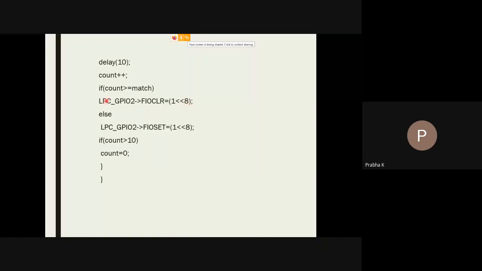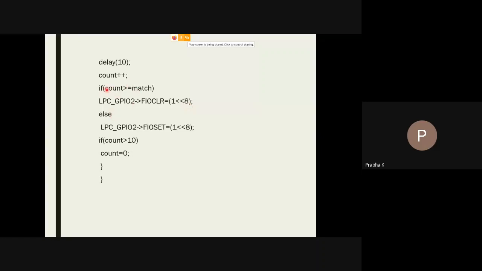That's why the command is sent as LPC_GPIO2->FIOCLR. We are clearing port 2 pin number 8. When you send the low signal on this pin, your driver IC will be disabled. Ultimately, the motor stops.